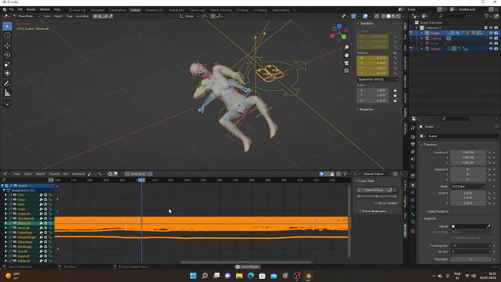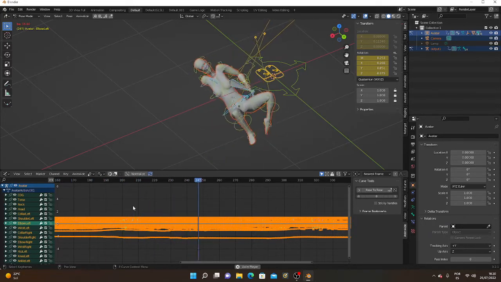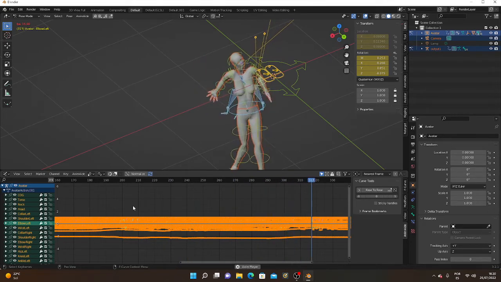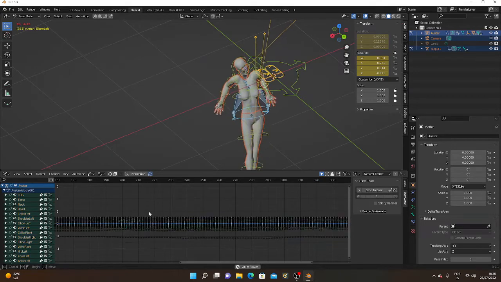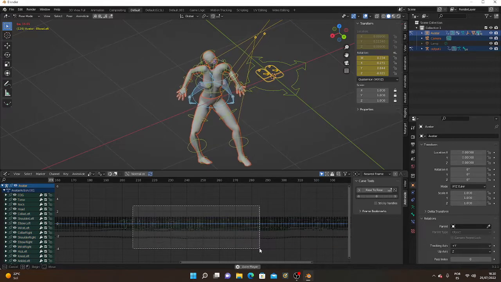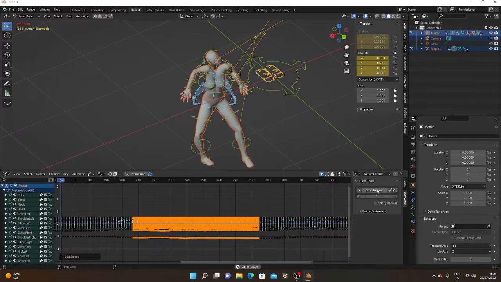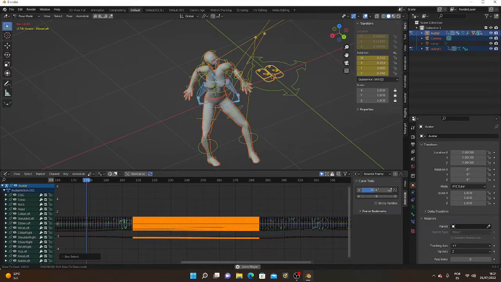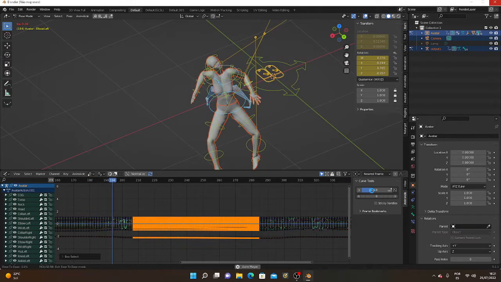No, it is 210 over here, and it stops at 270 maybe. So I'm going to choose all over here. Now I'm going to click over here. I'm going to reduce. The tool I'm using is ease to ease. So that is the one I'm using, and I'm going to reduce a little. So if I reduce a little,